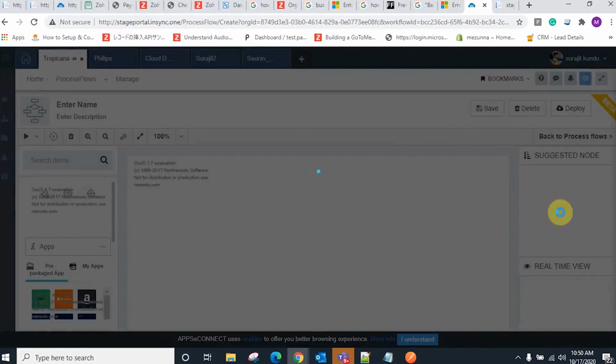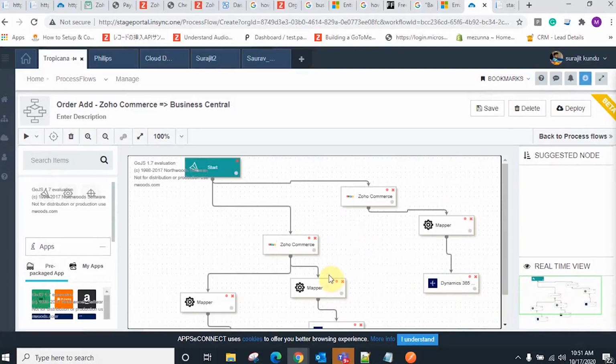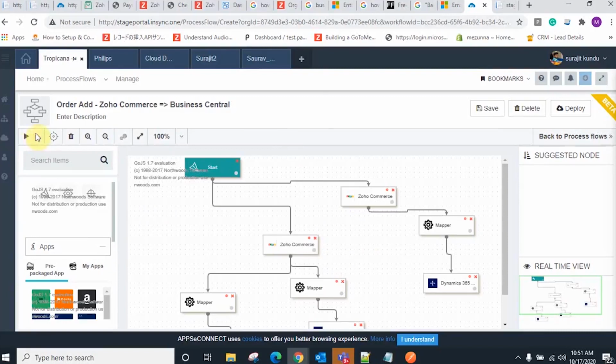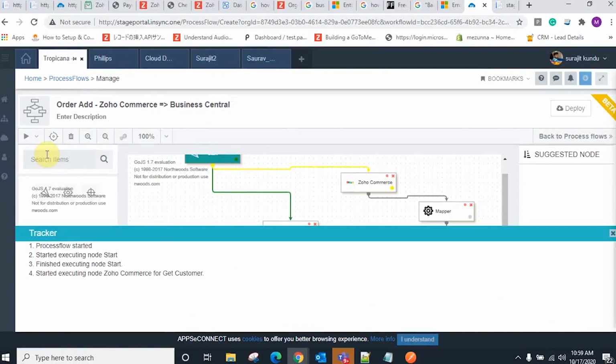First of all, I will execute that and it will sync the customer first and then it will sync the order too. So let me execute it. I have started this process flow and the order is executing.